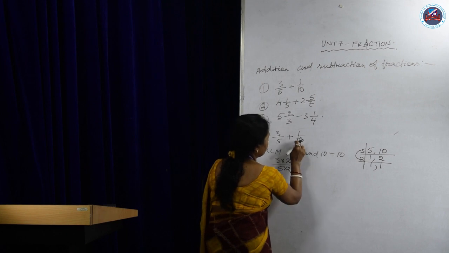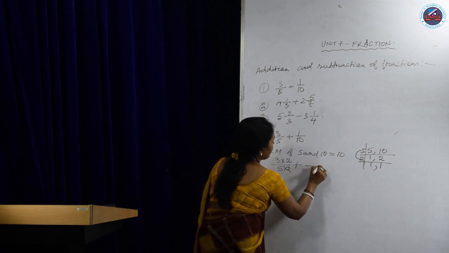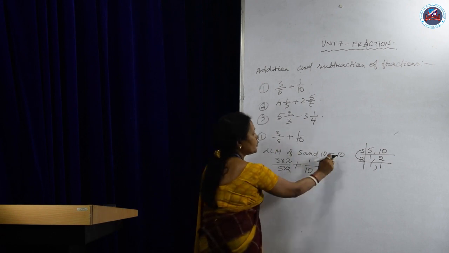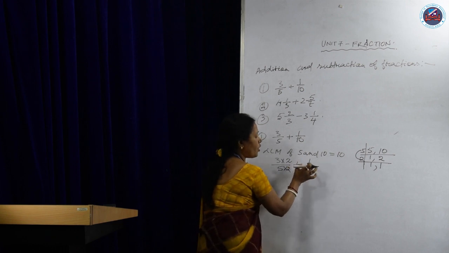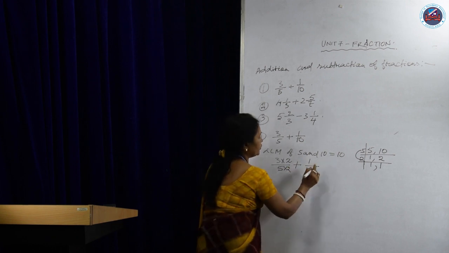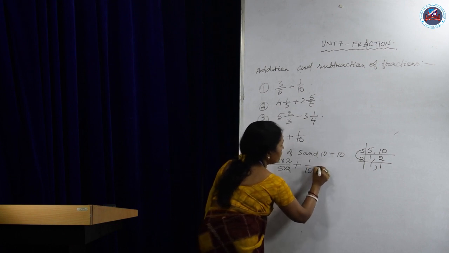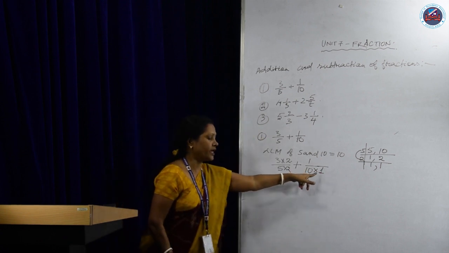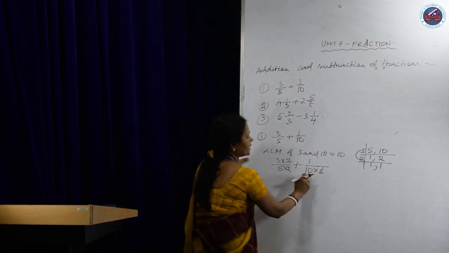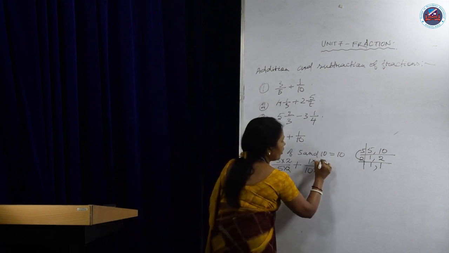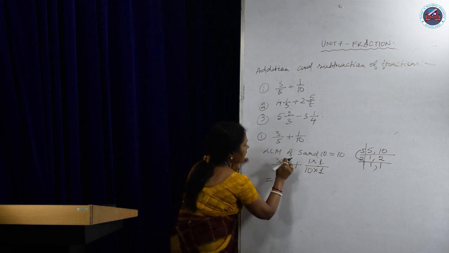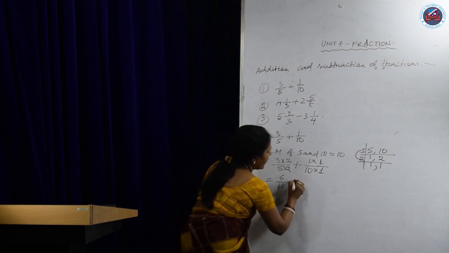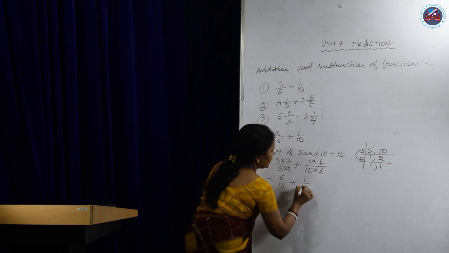Take the next fraction, but before that you have the addition sign. Then go to the next, it is 1 by 10. Here also you have to convert 10 into 10, but your denominator is already 10 here, so you don't need to convert it. What you have to do is multiply it by 1, because when you multiply a number by 1, it gives you the same number. So 10 ones are 10. Multiply the upper number also by 1. So what do you get? 3 2s are 6 as the numerator and 5 2s are 10 as the denominator. And here it is 1 ones are 1 and 10 ones are 10.